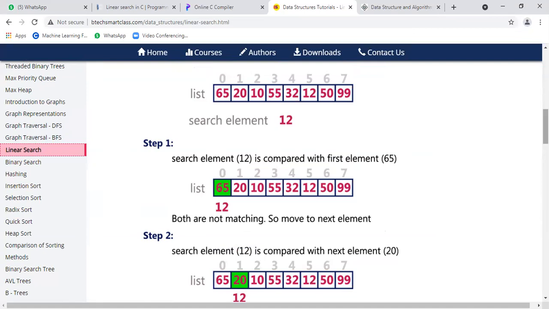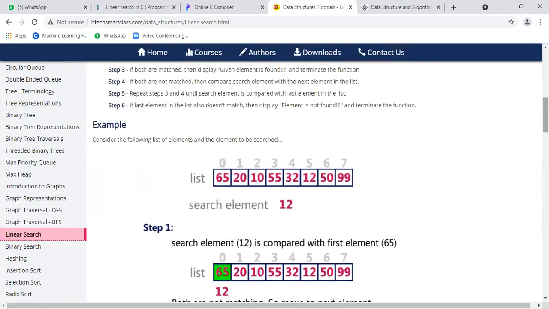If I search the element at position 90, simply 90 steps will take place. So the time complexity is very high, and the programmer can't wait that much time. It is a simple technique, but applicable only for small applications, because it takes much time. The complexity of the linear search algorithm is order of n in the best case, and the remaining, both worst cases, order of n by 2.